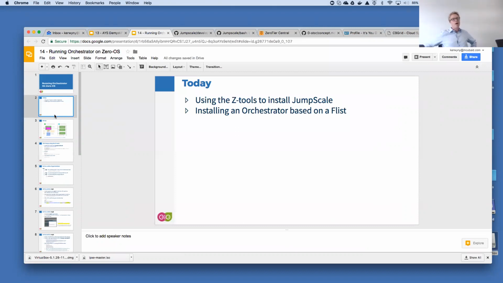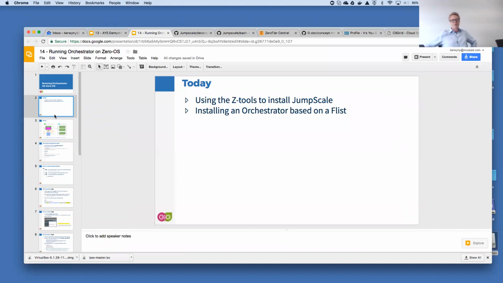A script that, as you will see, requires JumpScale. So from that perspective, still, you'll need an environment with JumpScale pre-installed. So you need to install JumpScale on your personal computer, your workstation, or in a container, a Docker container, for instance, which is what you do with the Z tools. And from there, you will be running a script that I will show you, with a lot of arguments that need to be passed and a lot of preparation that needs to be done. But then again, this session is about that. In this session, we show you how to use the script.